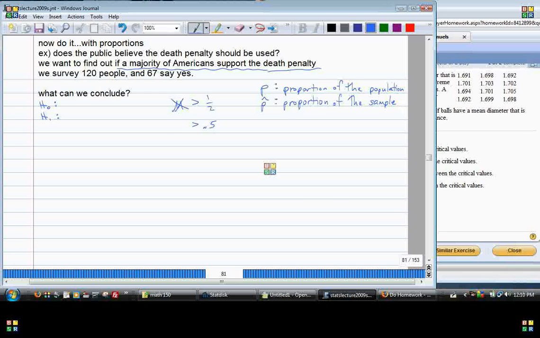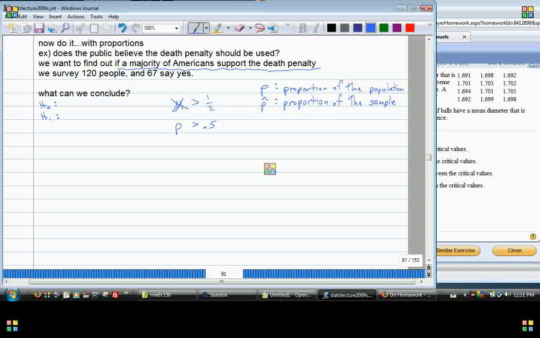How do you know if you're using P or the other one? Instead of the one that you said before. Mu? Yeah. Okay. So that's a big thing that we're going to talk about in a second, after we write down the claims. Okay. So what we're claiming is that the proportion from the population is bigger than 0.5.